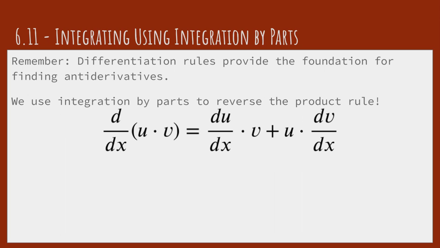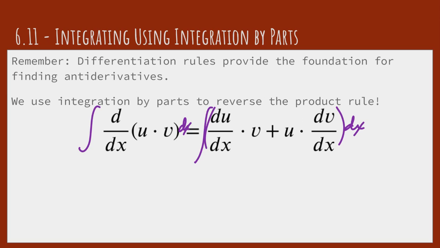So if we get a derivative that we would have gotten using the power rule, then we can get its antiderivative using integration by parts. And the formula that we're going to use for integration by parts comes directly from the power rule. So if we take the power rule, which is on the screen here, and then we take the antiderivative of both sides with respect to x,